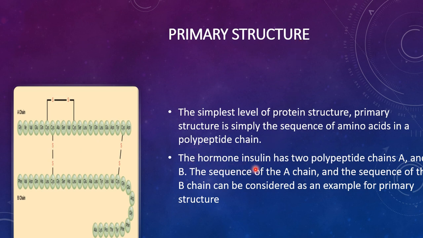The hormone insulin has two polypeptide chains, A and B. The sequence of the A chain and the sequence of the B chain can be considered as an example of primary structure. So here is a linear structure and here is a linear structure. So these individually are considered primary structure. The best example is insulin. And then coming to the